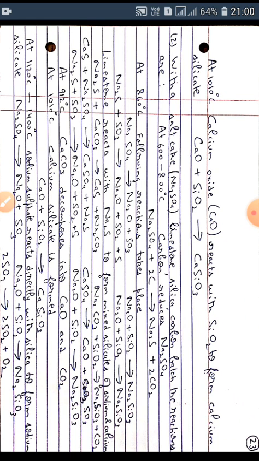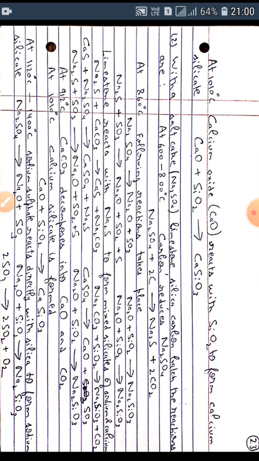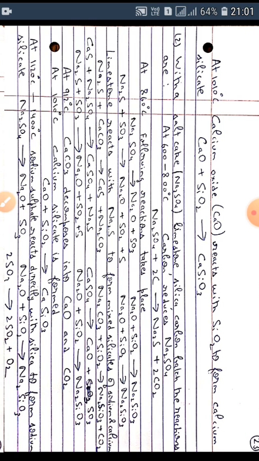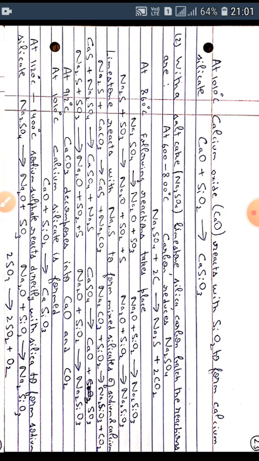Sodium sulfide reacts with sulfur trioxide to form sodium oxide and gives sulfur dioxide plus sulfur. Again, this sodium oxide reacts with silica to form sodium silicate. Limestone reacts with sodium sulfide to form mixed silicates of sodium and calcium. The reaction goes as follows: Na2S plus CaCO3 gives CaS plus Na2CO3. This sodium carbonate reacts with silica to give sodium silicate and carbon dioxide.